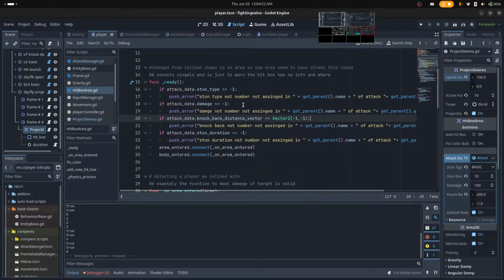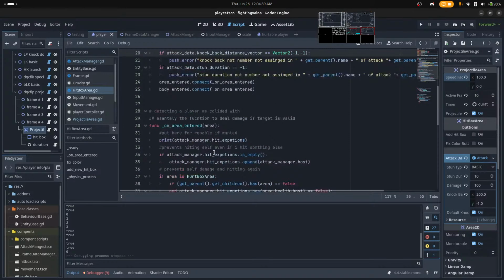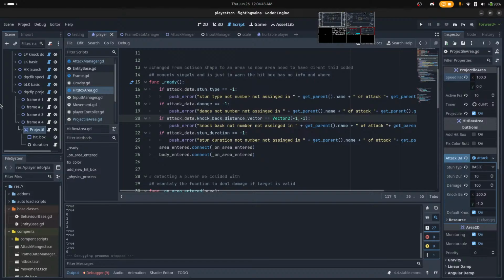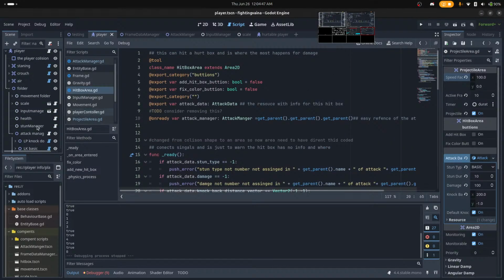Should the attack hitbox have the information regarding whether or not the block happens? I don't know. Could be a block manager component.